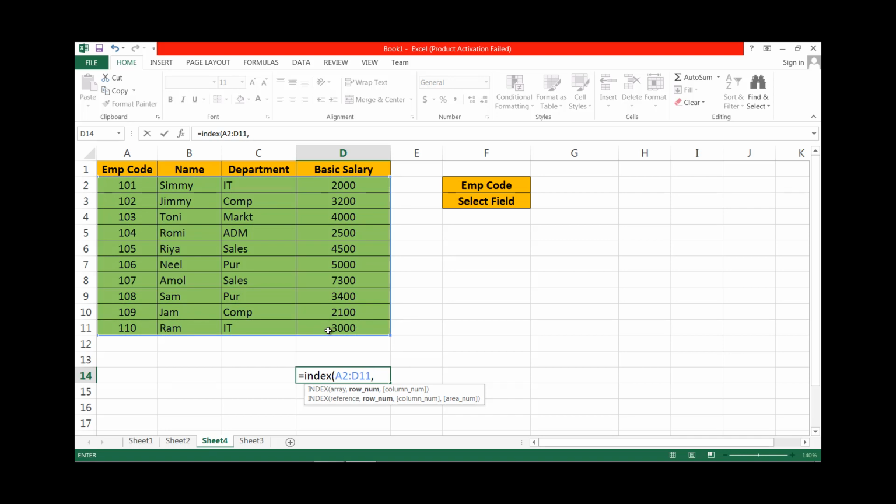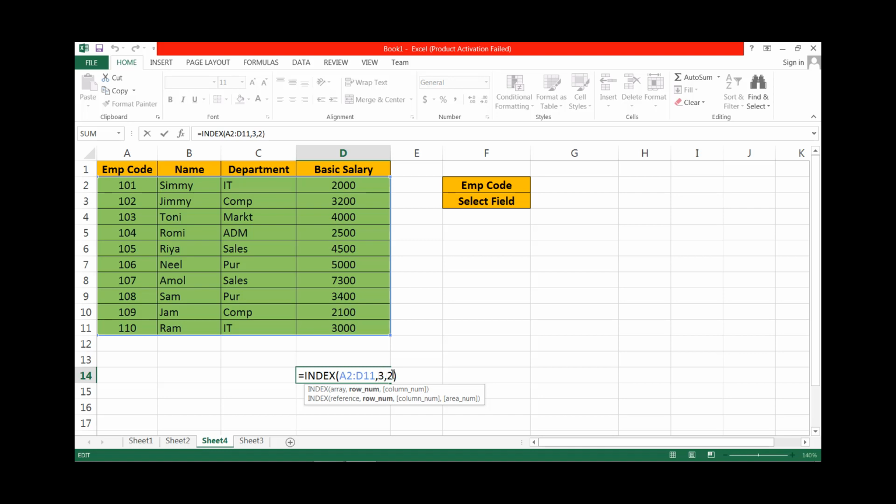Then you want a value from which row and which column. Suppose we want the value from the third row and second column. That is Tony. Press enter. Here you can easily search a value with the help of the row index and column index.